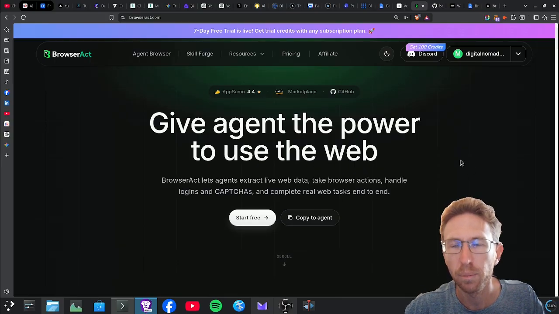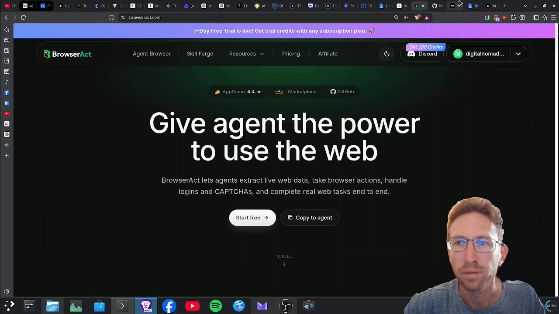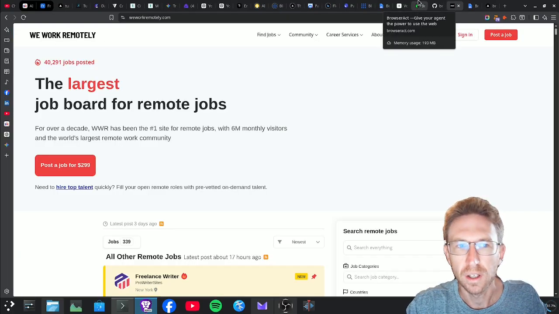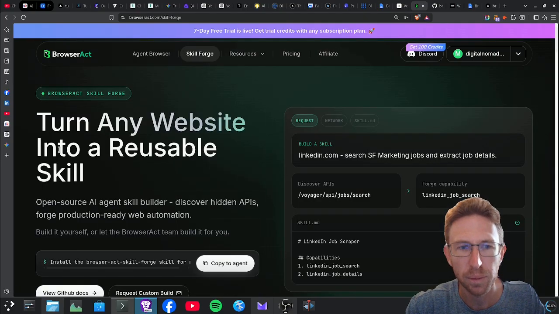In this particular case, what I want to build with BrowserAct is a web scraper which is going to scrape a remote jobs database, and we're going to create our own web app using the data from We Work Remotely. So in order to get started, you're just going to come over here to SkillForge on the website,